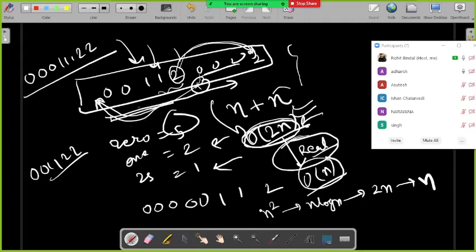Take another array and fill it like that. Then the space complexity will be order of n. I want to do it in order of 1 space complexity. I don't want to take any other extra space. Okay. But you are thinking in the very right direction. Okay, nice. Try to think a little bit more.